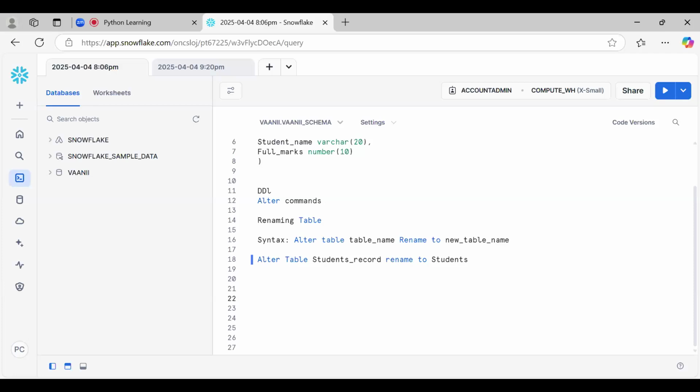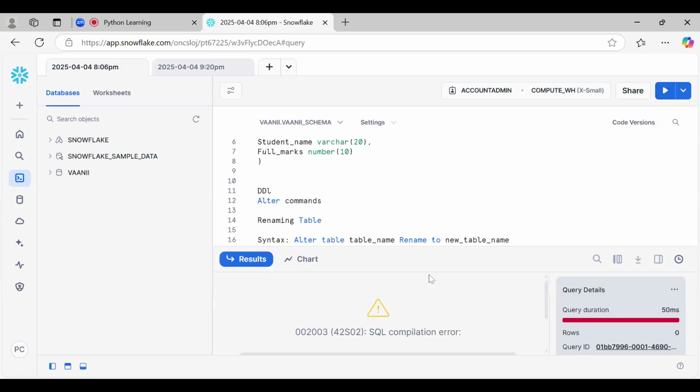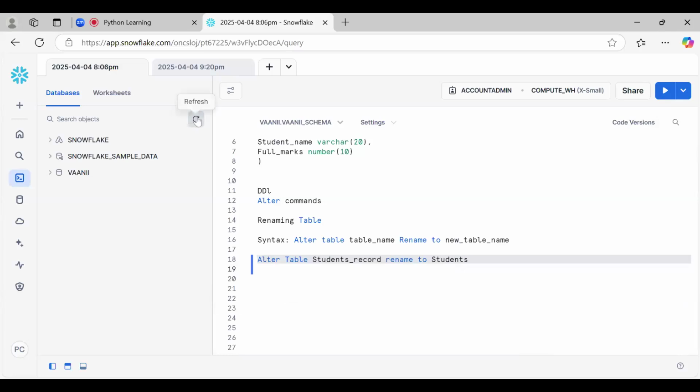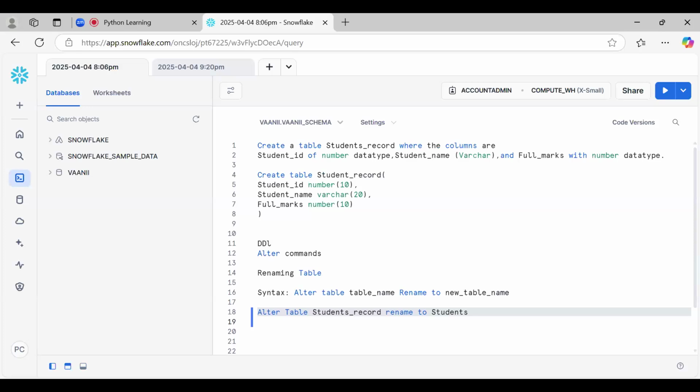It is saying that this table is not present. Oh, okay, spelling mistake. I added one S here, but while creation I have not added S. That's why it is not recognizing the table name.